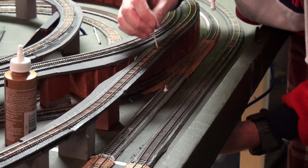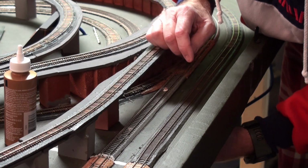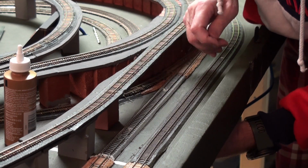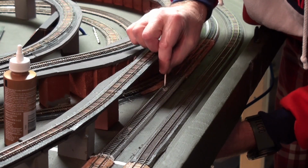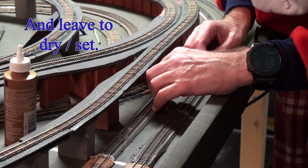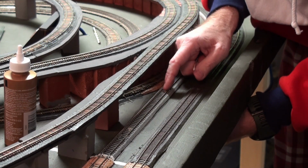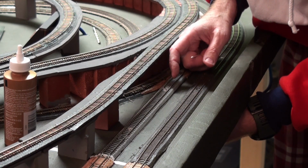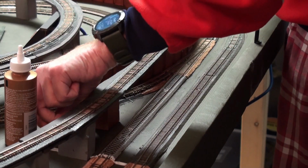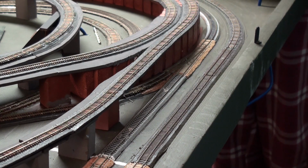Okay, that's right at track level, right where I want it. Similarly, that one's at track level where I want. Not at track level, at tie level. Okay, I like where both of those are, now those just have to dry for a couple hours. And while that's happening,